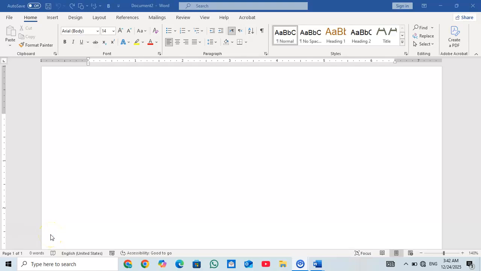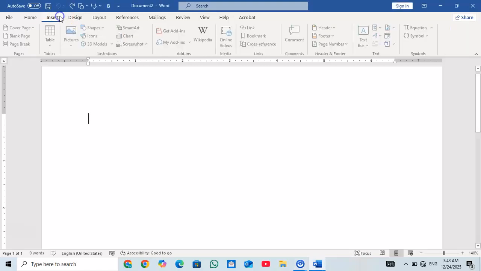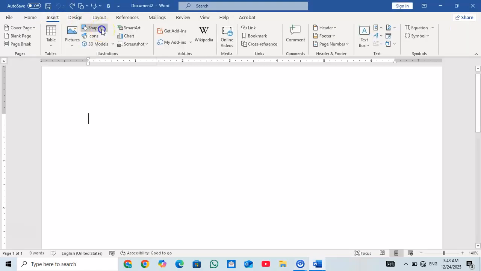This is Kamran, and in today's lesson we are going to learn how to insert shapes, arrows and text boxes in Microsoft Word. These tools are very important and useful to make your document more visual and professional. So let's get started. First, go to the Insert tab and find Shapes and click on it,